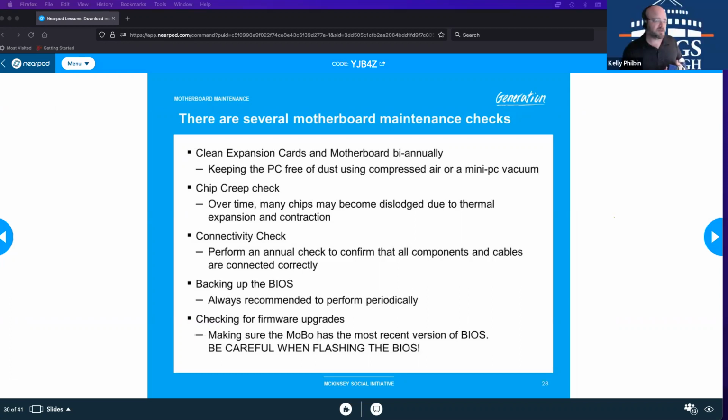Well, what you're backing up is your settings for your BIOS. You could back that up to a drive, like an external drive or a thumb drive or a flash drive or something like that. What I'm talking about, the backup they have, is another firmware chip on the motherboard. So there's a secondary chip on the motherboard that has a backup of the BIOS on it in more modern